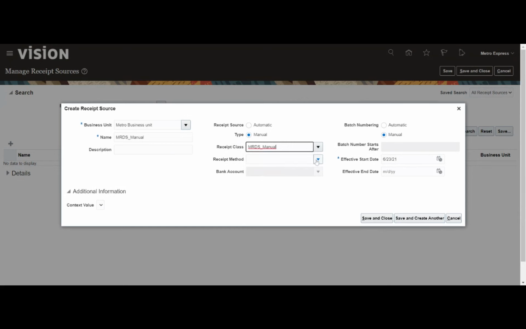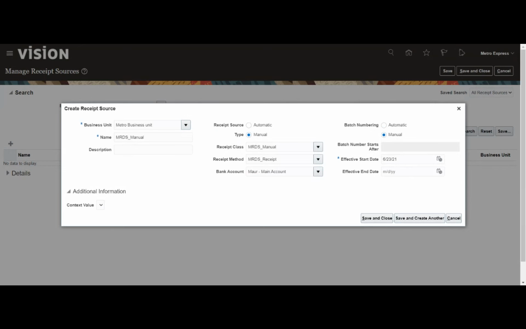This is the class that we created, and similarly the receipt method that we created and the bank account. Now if I want to enable automatic numbering or the manual option, I can give either one of them. For receipts, it is suggested to use the manual option because in most cases the check number and other details are what we use for recording the receipt number.